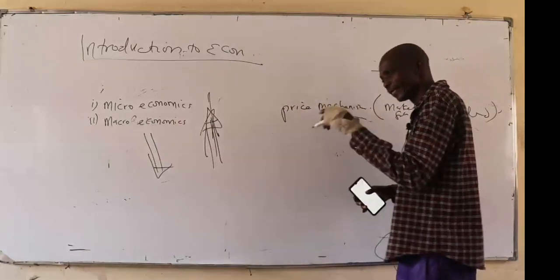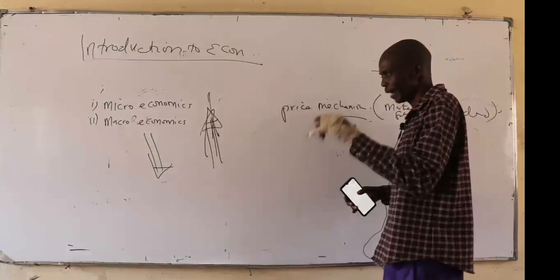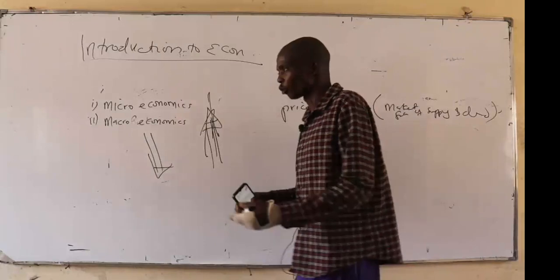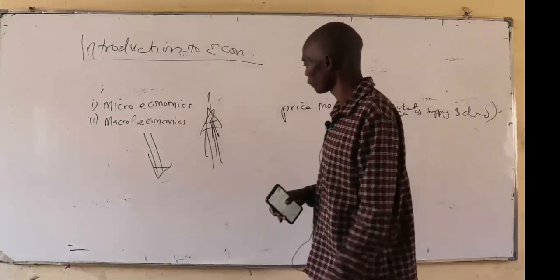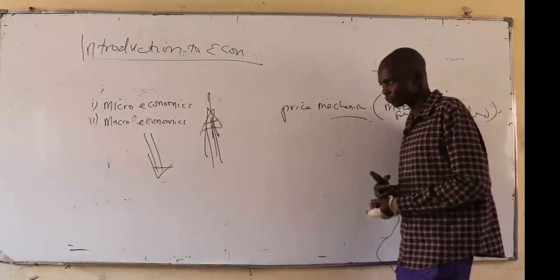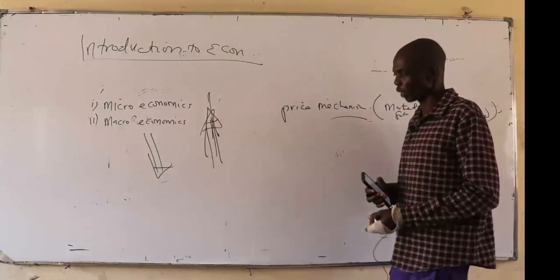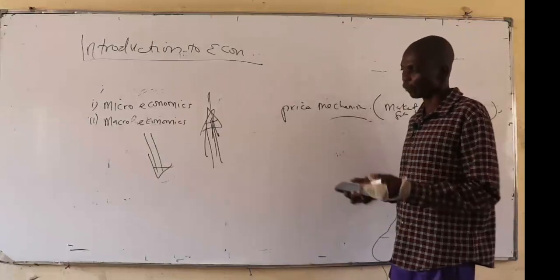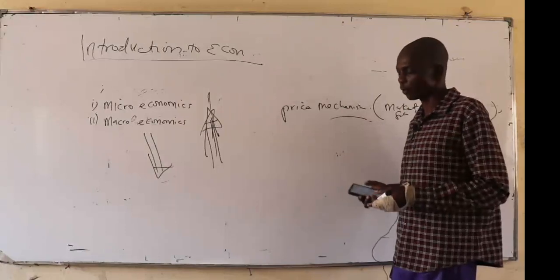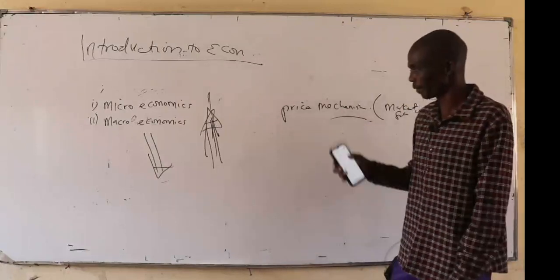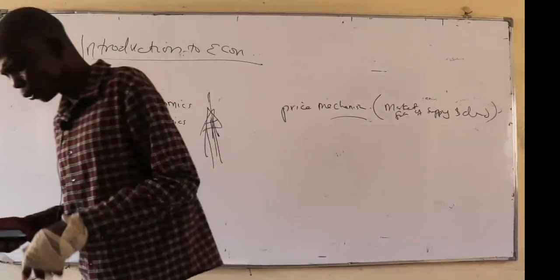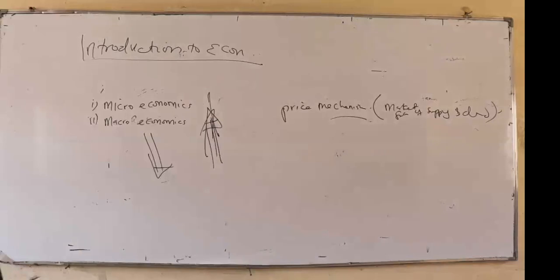It is the secret hand that decides how to allocate resources in the economy: what to produce, how to produce, and for whom to produce. On the question of how to produce, there are machines, which refer to capital, and labor. So you only pick the one which is cost effective, because at the end of the day you want to achieve maximum output at minimum cost, and therefore the question of how to produce is also key.